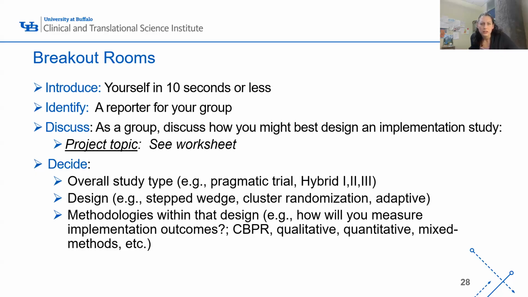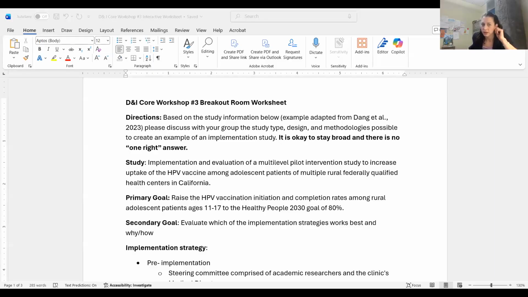And actually, since we're staying in this group, I can share the document on my end as well. And there are no right or wrong answers for this. It's more just an exercise to start thinking through some of the things you might consider as you're thinking about designing an implementation study. So we can be broad, but the important part is to think about what decision you make